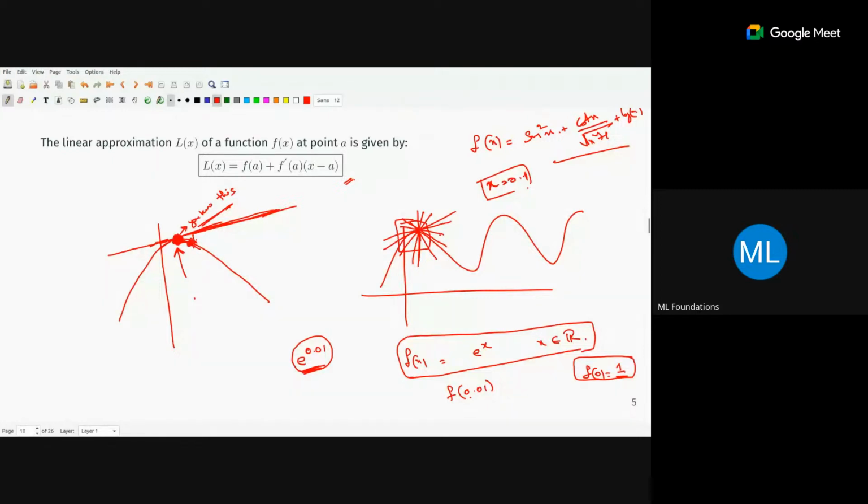Mostly higher order will give you a better approximation. If I add another term to this, it will give a better approximation. This will definitely take it closer to the function value. It will not go away from the function; it will come closer and closer to the function. So higher order approximations are always better than linear and quadratic. Quadratic is better than linear, polynomial functions of more than 3 degrees are better than quadratic, and so on and so forth.